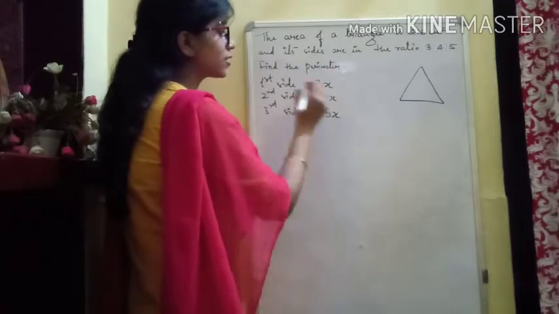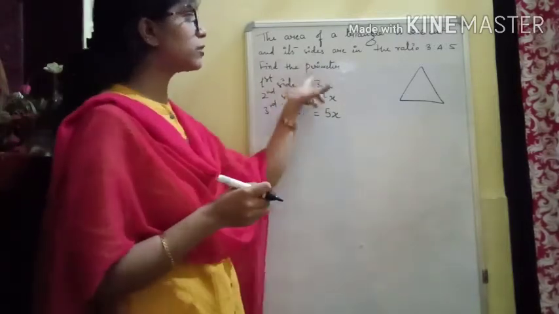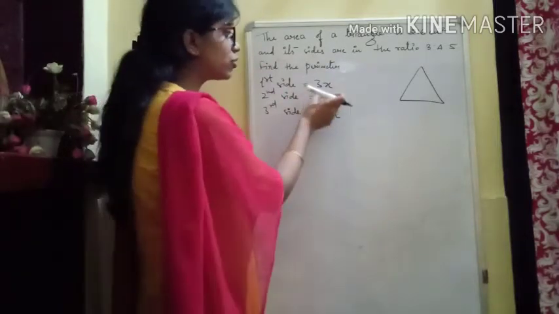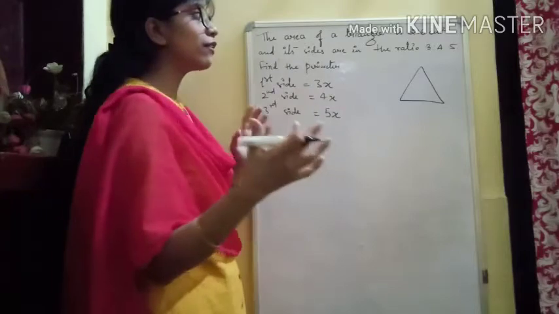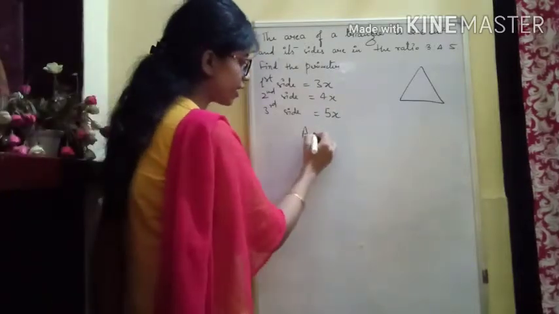So three sides are given in the ratio and area is given. We have to calculate perimeter. Perimeter means sum of all sides. So we actually have to calculate length of all sides, and then when we add them we will get the perimeter. Now area is given as